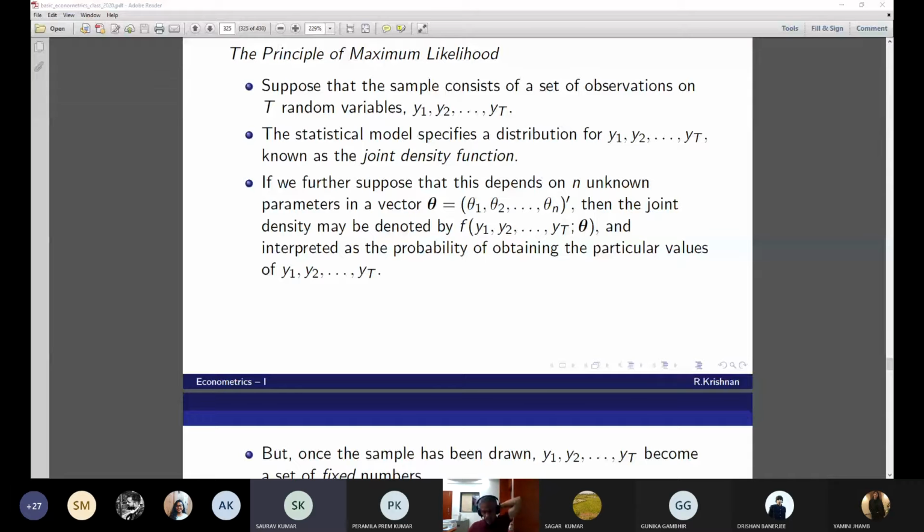I have an example that this is a very general expression. Any distribution, any density function which the data has come from has a set of unknown parameter vector that decides it. For normal distribution you have one, for Poisson distribution you have one, for exponential distribution, for binomial, for Bernoulli you have. That is the theta I'm referring to.